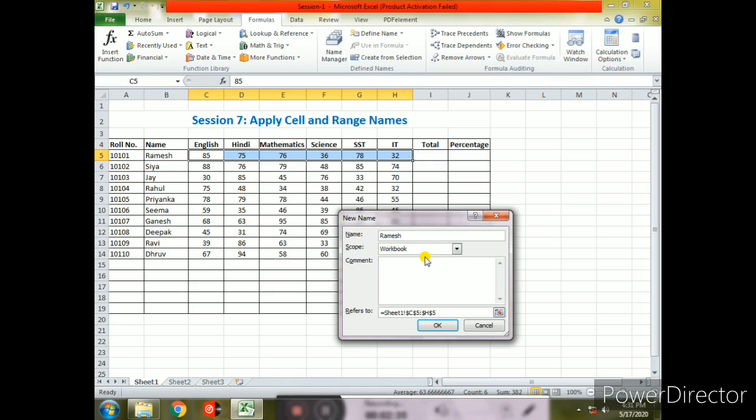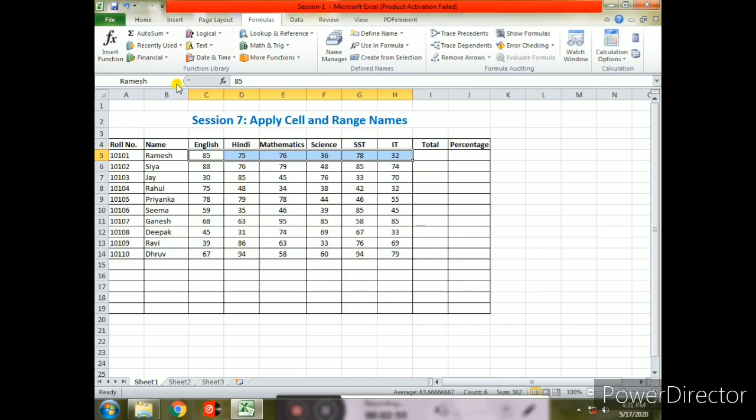In scope, you can define the scope, which specifies the availability of the range name by choosing workbook, Sheet 1, Sheet 2, Sheet 3 as per your requirement. Refers to the sheet cell address C5 to H5, and then click on OK. Now you can see that this range is named Ramesh.